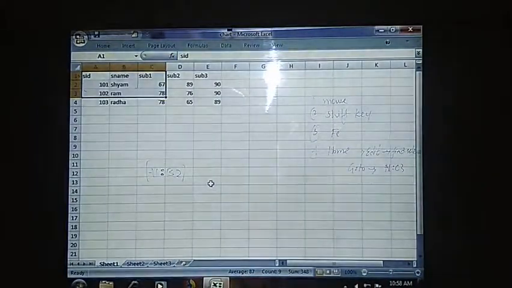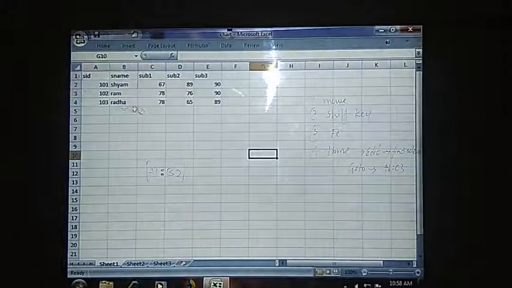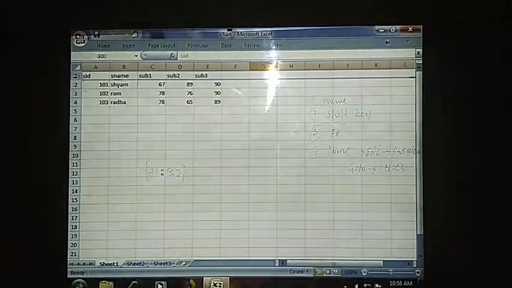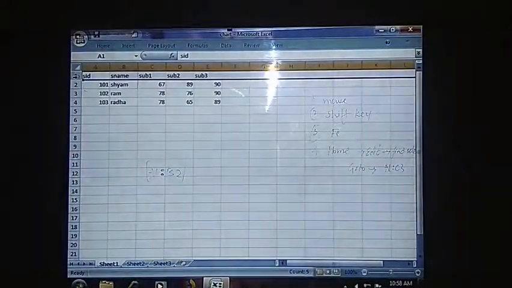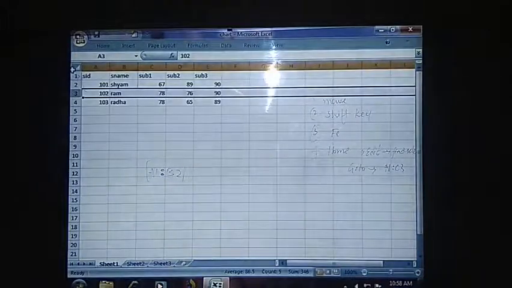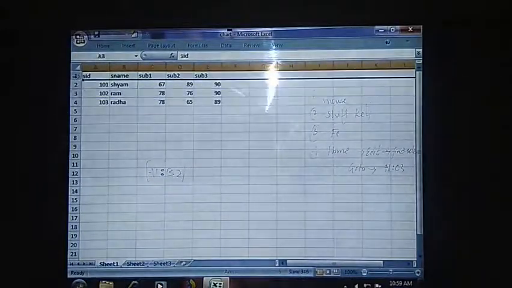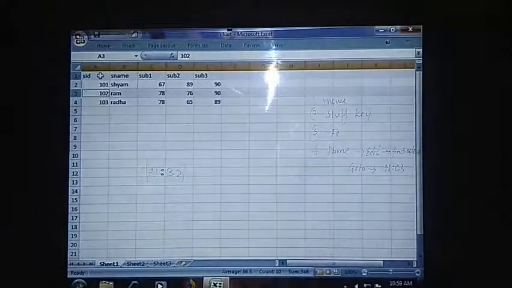Just observe your screen. I am going to my row 1 header. See the arrow mark, when it appears just click on it. So the complete row will be selected. When I want to go for the third row, I just click on this. When you want to select multiple rows, click on this and hold your control key. What are you holding? Control key, and then click on the next row. See here, the first row has been selected and the third row is also selected. Like this you will be selecting rows and columns.